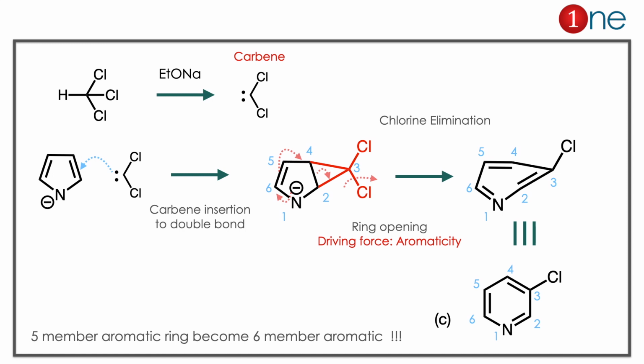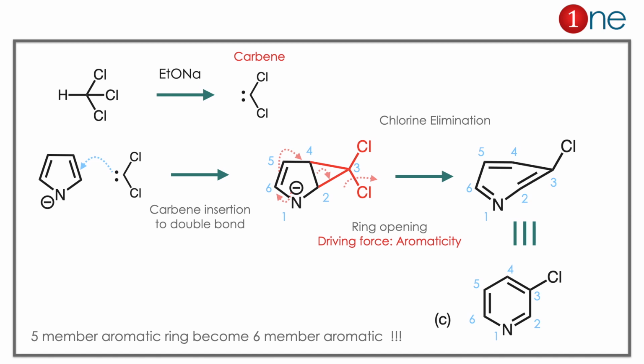The starting material you have is chloroform with a base. The base abstracts the proton, and you have carbene formation. This is a very standard procedure for carbene formation. If you use base and chloroform you have carbene. Next step, the carbene attacks the ring. The 5-member ring's double bond gets attacked by the carbene. So what really happens is a carbene attack. You have an ion inside the ring. To quench the ion as well as to establish the aromaticity, the charges mobilize and the ring is opened. So you have a 6-member ring with a chlorine attachment. Chlorine leaves during the charge transfer, so only one chlorine is there. So if you read that nicely, the answer is C.